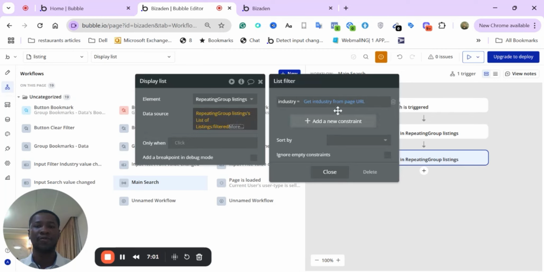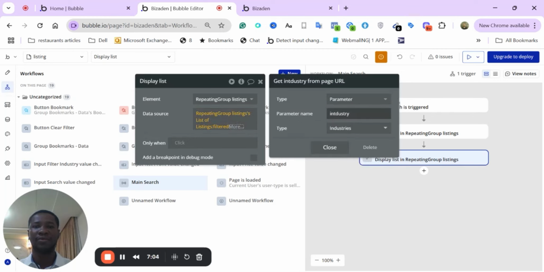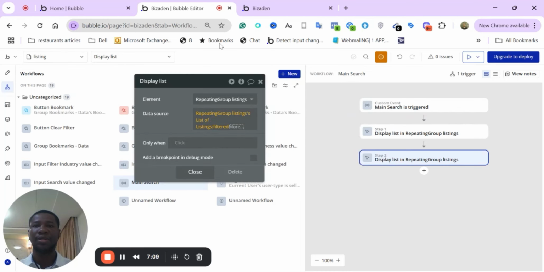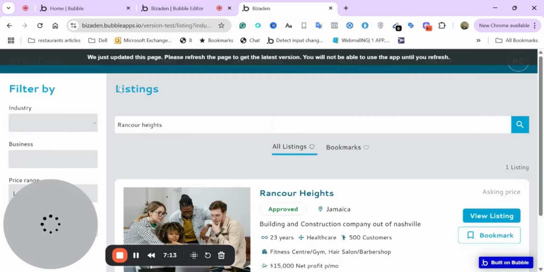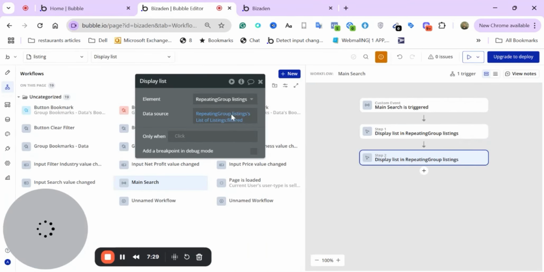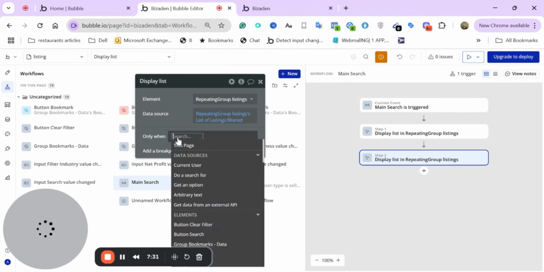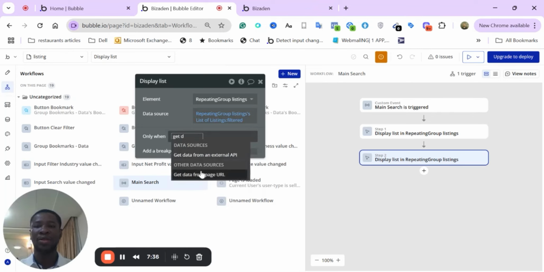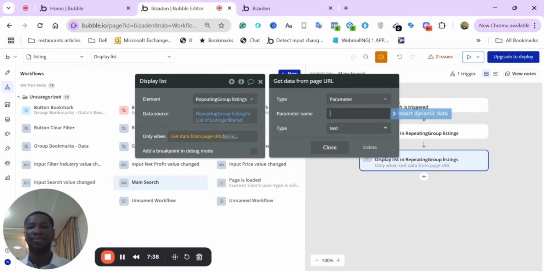So we want to filter this where I get data from industry is equals to industry. So you know that when we change any filter, any information within this inputs, it sends that data into the URL, and so we can draw that information from the URL to filter the repeating group, and that's what we're doing. So now this is only going to happen when you get data from page URL industry